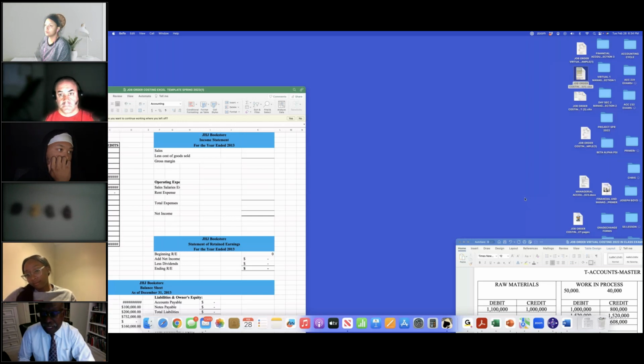Manufacturing accounting is not as hard as it might seem. It's different and it's unique, but the process of making those journal entries is there. So you all